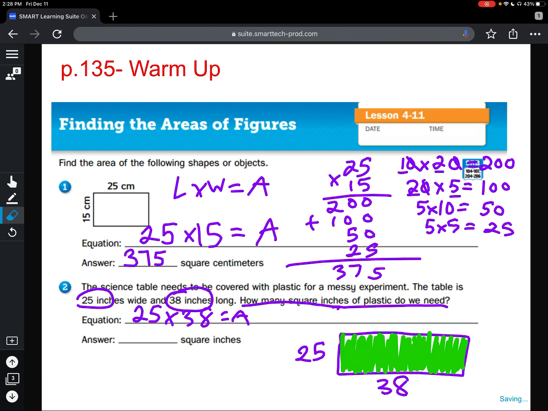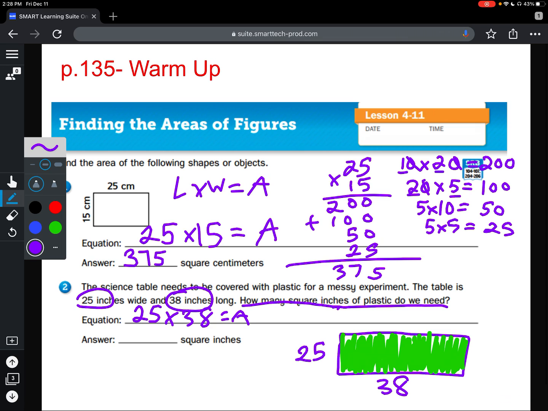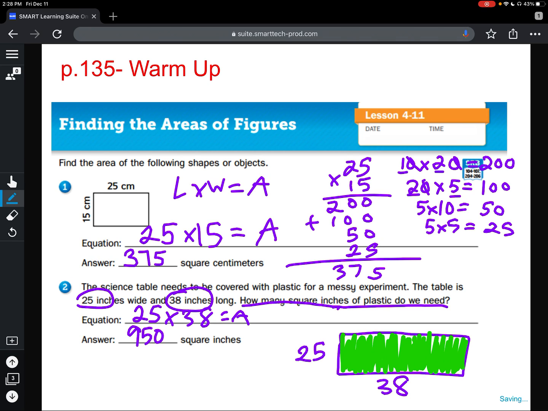And then I can use multiplication to solve and find my answer. When you do that, you should get an answer of 950. I can show you my work to prove that the answer is 950. So what I'm going to do is I'm going to start with 38 times 25, and I might run out of room here, so I'm going to actually restart and do it over here on the left in red so that we have enough room. 38 times 25. So first I'm going to start by doing 30 times 20